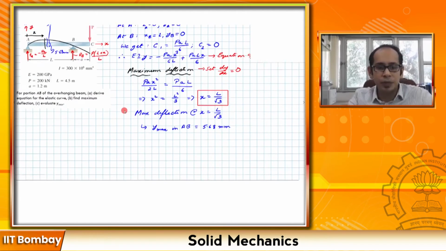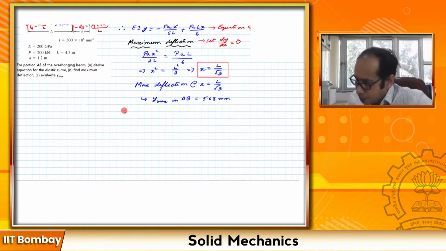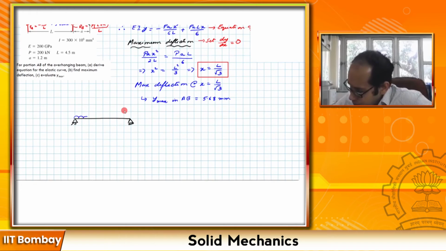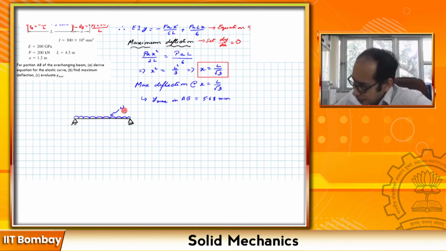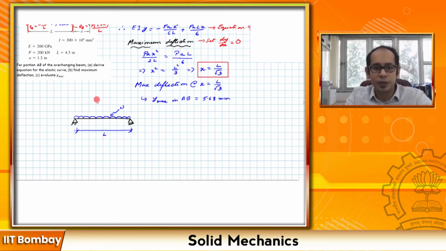Now that this problem example is solved, what I want you to do is you can go ahead and try solving this problem example, where maybe you have a simply supported beam with uniformly distributed load and say a length L. You will see for this one, if you go ahead and solve it, again just calculate the reactions here, start from the left end, you will see the deflection, and it's obvious here the deflection happens maximum at the center,